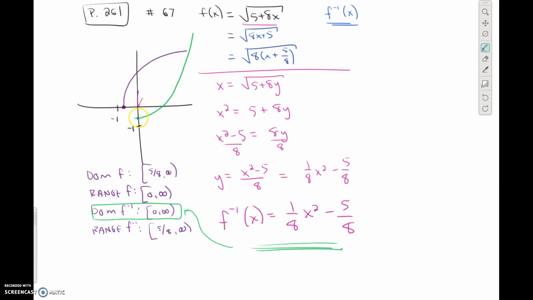So basically what I need to do is erase this portion that is to the left of the y-axis. And now, if you just look at those two pieces, that's a nice reflection across the line y equals x, approximately. So in my answer, because my domain is different than what's implied, I need to add,